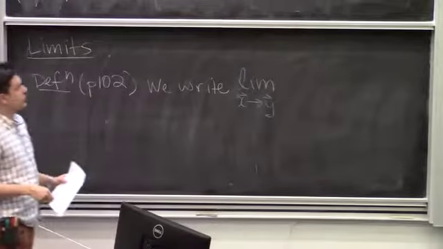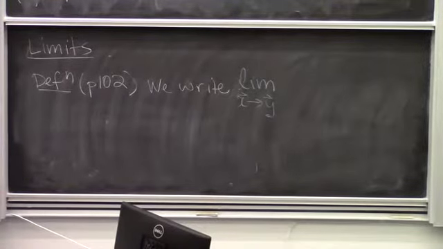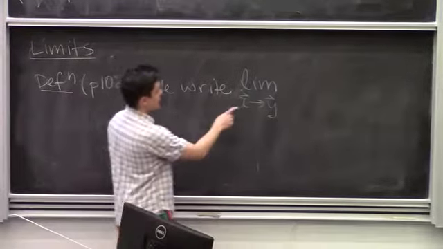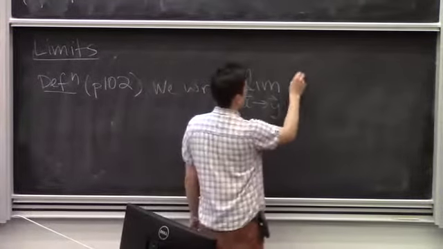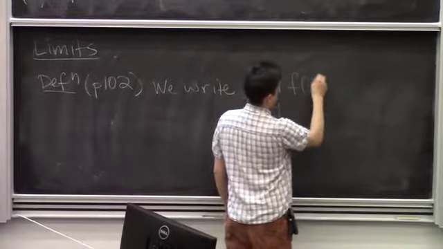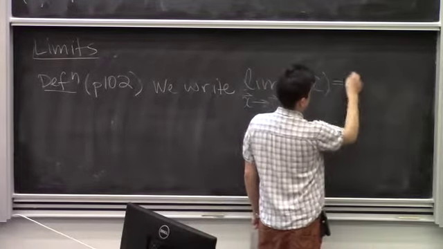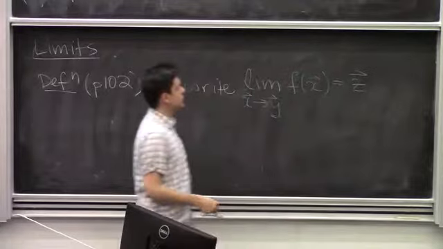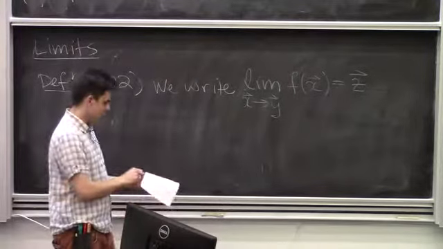When we do limits, we've got one vector approaching another vector. So the limit as x goes to y is going to be z if